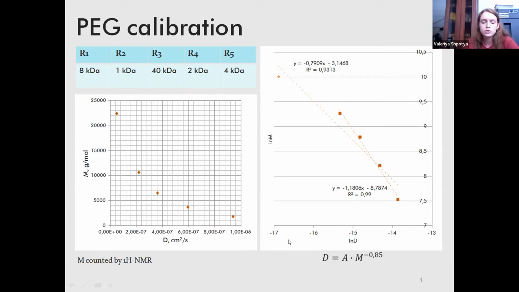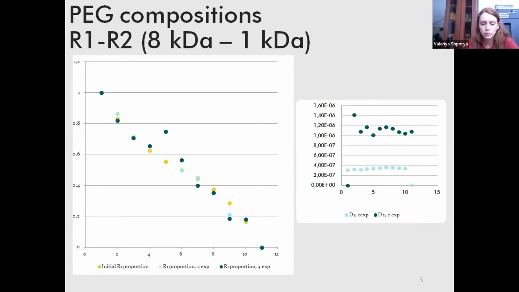A survey of the literature showed that power dependence is suitable for polymers, and after we made a calibration curve, we counted the potential for this law. So going to the next step, we made a composition of two components, two PEGs with smaller masses of 8,000 and 1,000 daltons. And here on the slide you can see